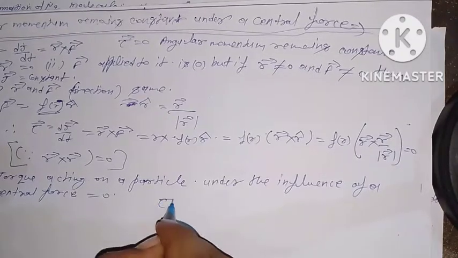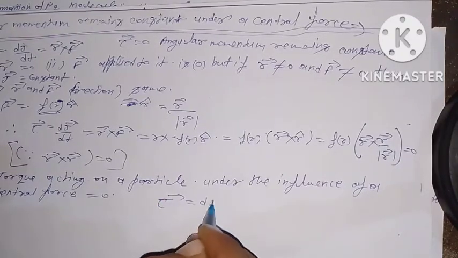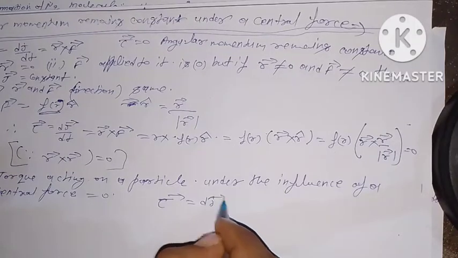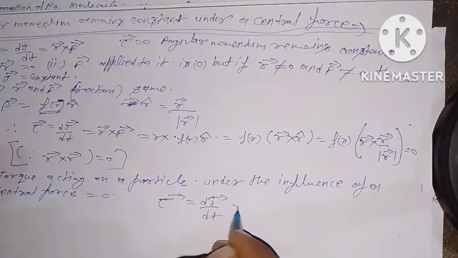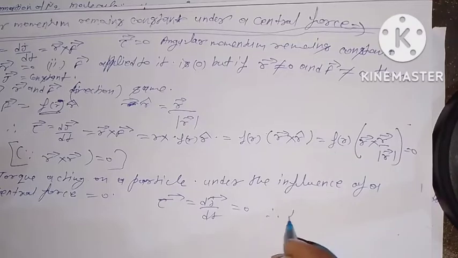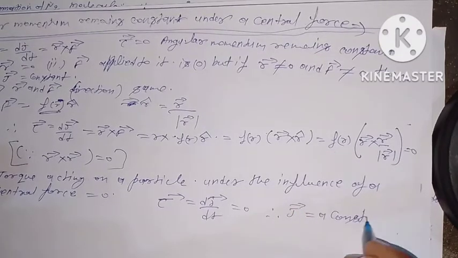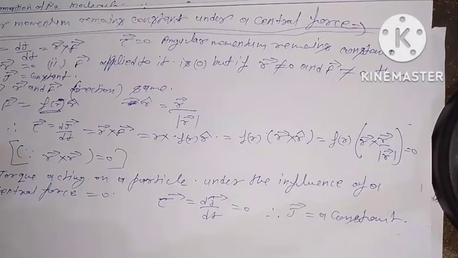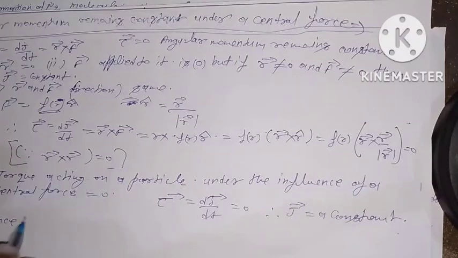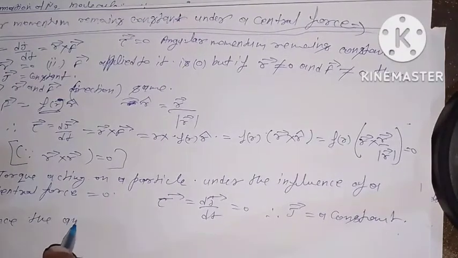Then tau equal to dJ upon dt equal to 0, so vector J equals a constant. Hence the angular momentum